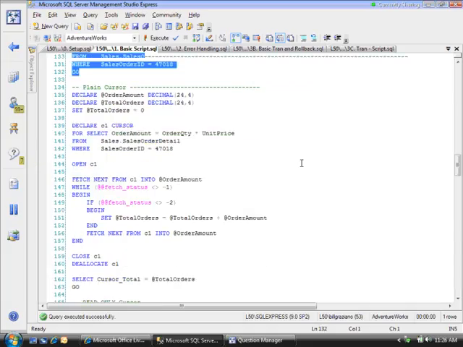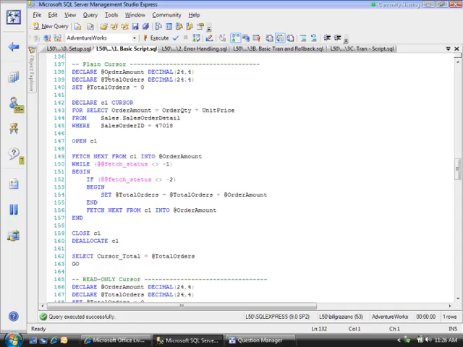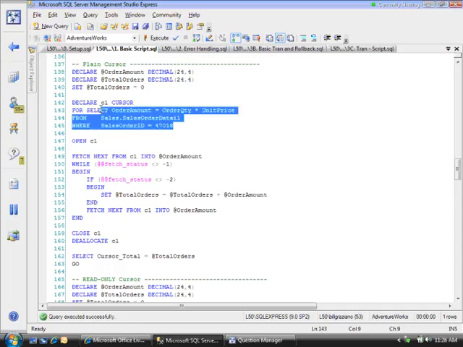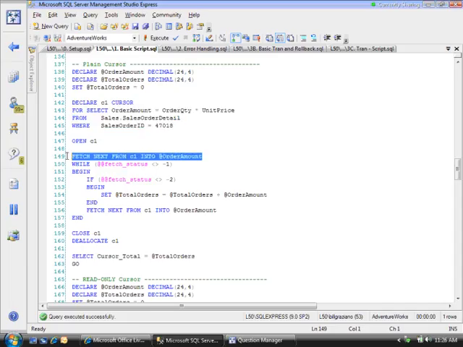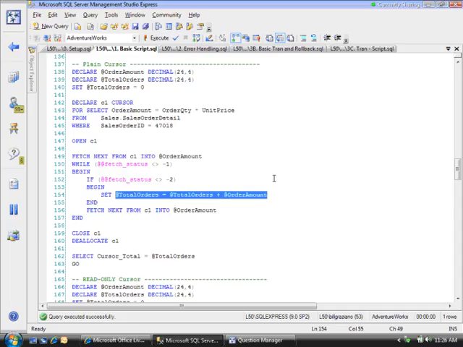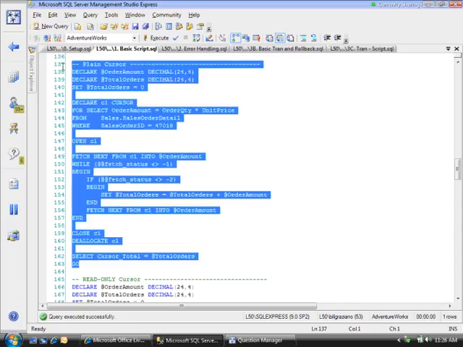The next thing we're going to talk about is a plain cursor. And that's what you see on the screen here. You declare the select statement, and then you use the fetch next to loop through each row. And all I'm doing inside that then is setting the orders to the new amount. So I'm adding in the amount that I selected to the order amount. Now if I run this,